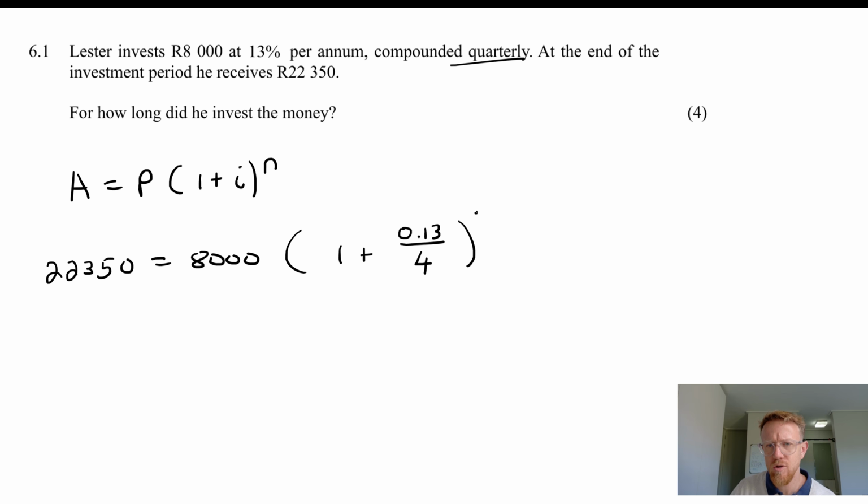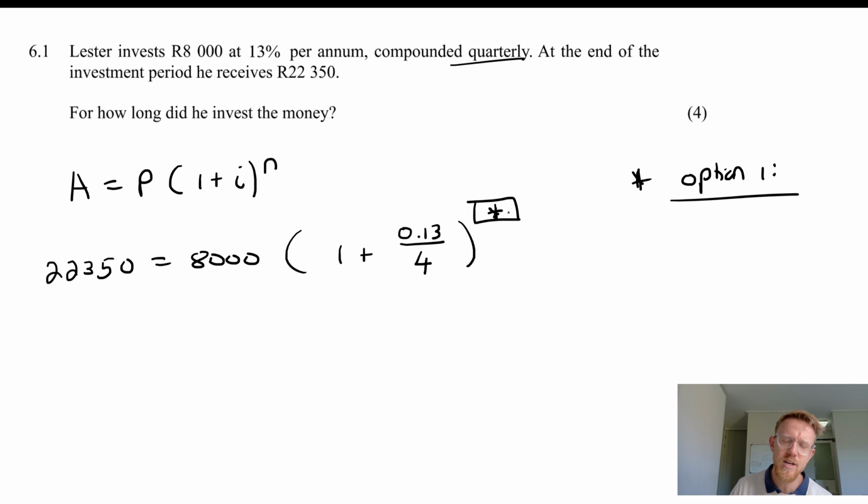Now, for this part over here, you've got two main options. I've seen some learners like to do it one way, some learners like to do it the other way, and then a lot of learners are just very confused about this in general. So I'm going to just put a little star over here. So you've got two options. Option 1